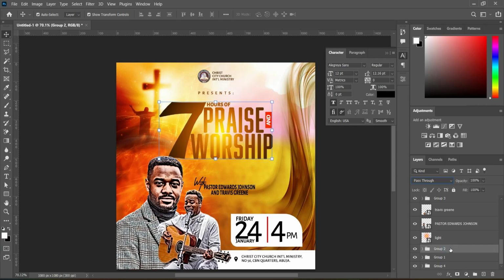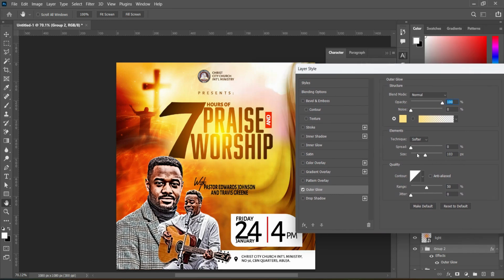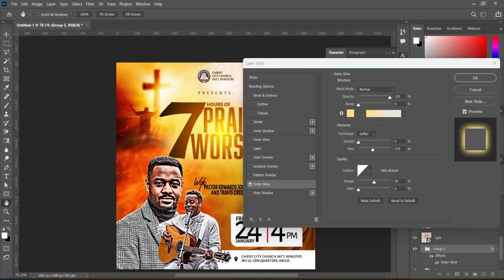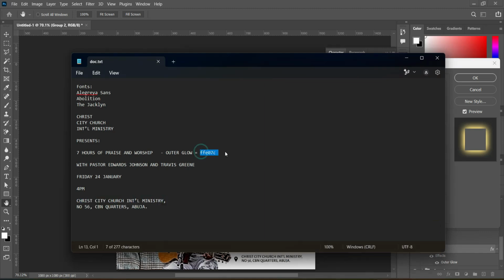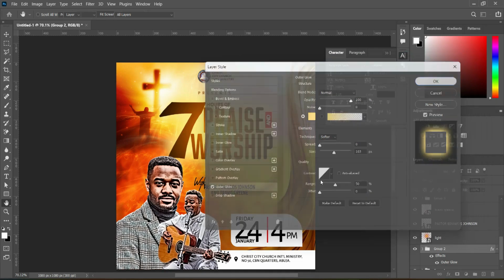select the text. Now we are going to our text effects, then select the outer glow, and we are going to apply this number you are seeing over here. So this is the outer glow. Then when I turn it off, you will see the effect of it. So this is the outer glow, and over here is the code for the outer glow. Okay, then click to apply it,